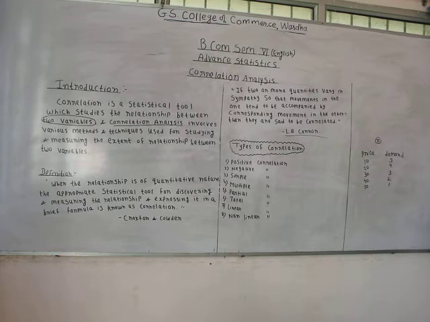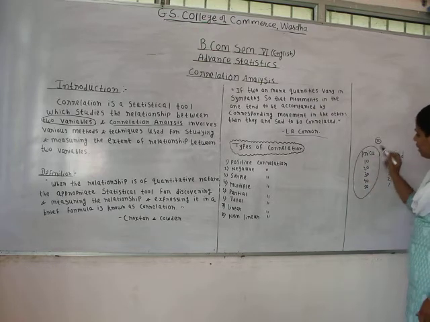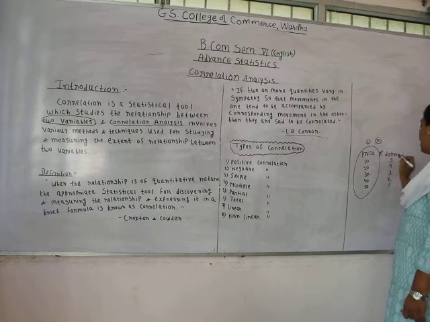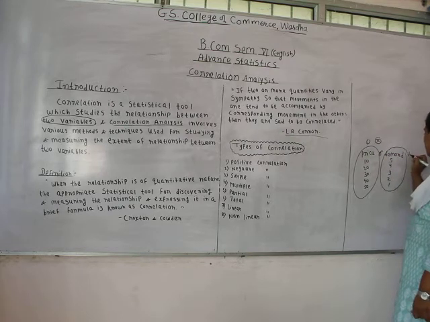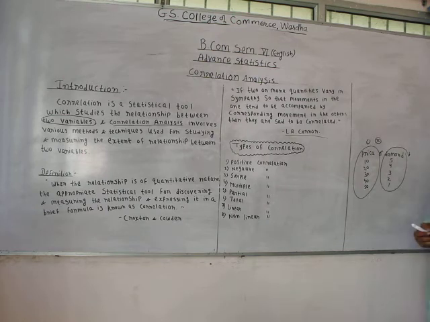So here what you can observe, due to an increase in one variable, that is price, the other variable is declining, that is, demand is declining. So we would say that these two variables, price and demand, are negatively correlated. So what is basically negative correlation? When the two variables show a reverse trend, when due to an increase in one variable, the other variable declines, it's known as negative correlation. So in this example, we will say that there is negative correlation between price and demand for the commodity.